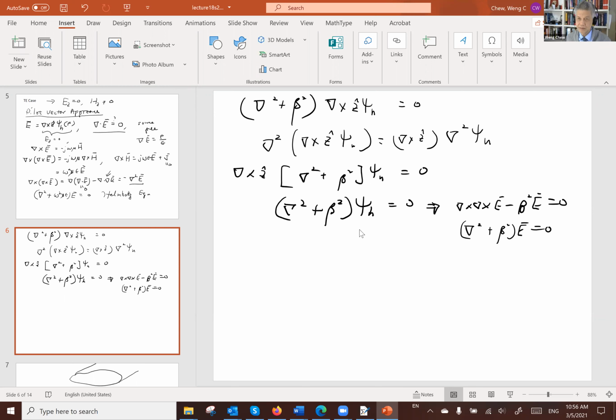And it also implies that this equation is satisfied. And whatever you have inside the waveguide satisfies Maxwell's equations. Okay. So this concept is known as the commutation. The fact that you have two operators, the commutation between two operators, like a matrix operator, for instance, is defined to be